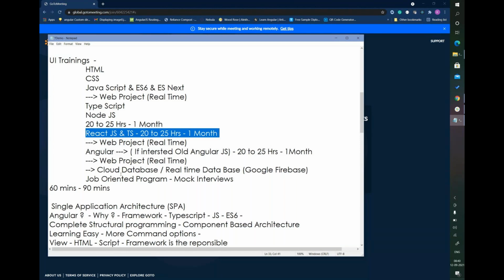But if we follow this order, it will be good, because you can learn gradually: HTML, CSS, then React JS, and then Angular, and you can see the difference more. But if your priority is learning Angular first, let the organizer know, and we can go with Angular first and then React JS.